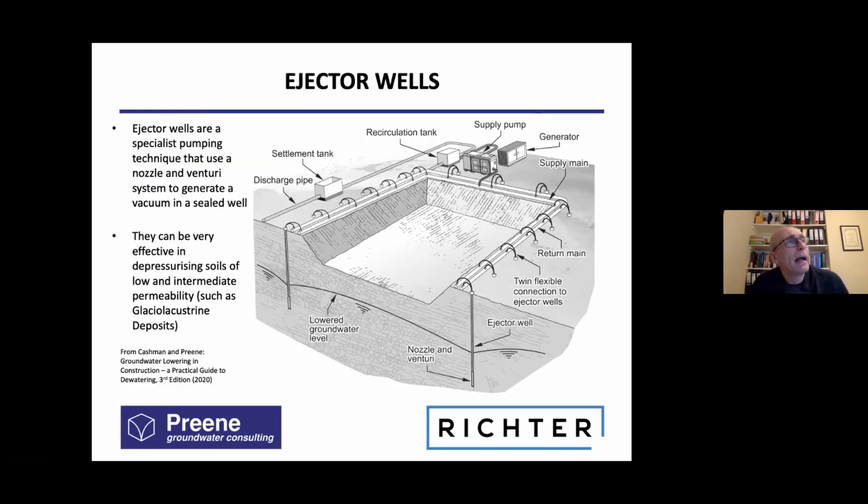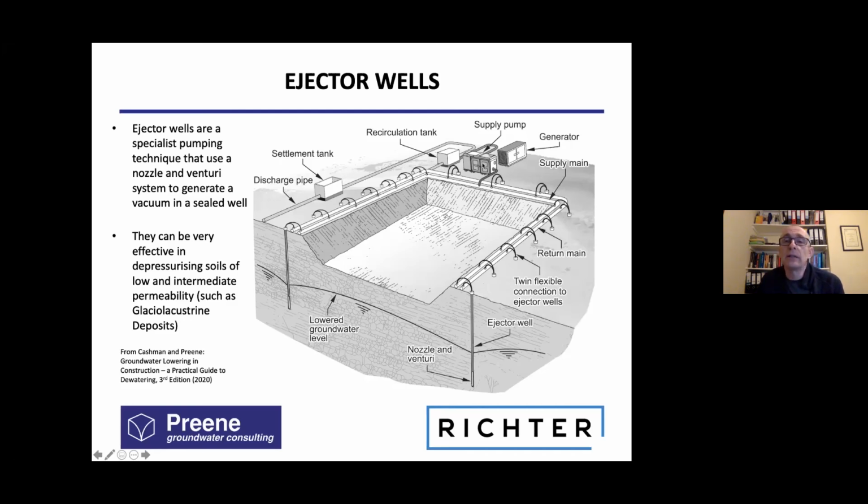So I'm going to talk very briefly about the ejector well system. This is a specialist technique that uses a nozzle venturi system to create a vacuum in a sealed well. What actually happens is you have a reservoir of water at ground level, and you put that through a high pressure supply pump, and you inject high pressure water down into the well. This seems quite a strange thing to do, but in the bottom of the well, there's a nozzle and venturi arrangement, which has a non-return system in it, which hopefully makes sure that the injected water does not go into the ground, and the injected water is forced to return back up the pipe through a separate system,